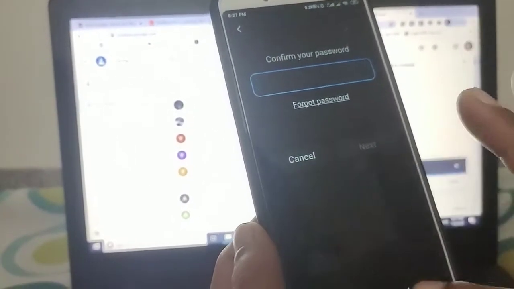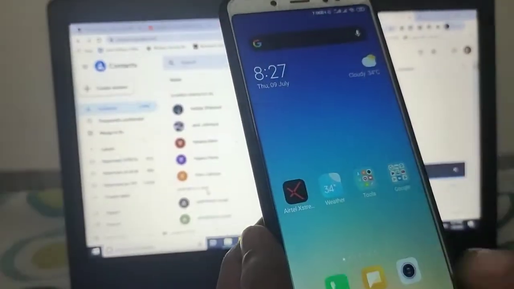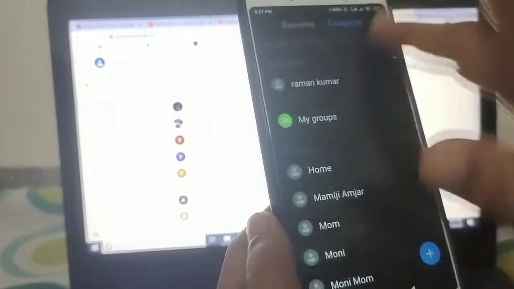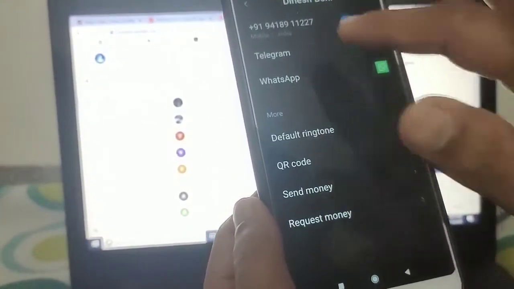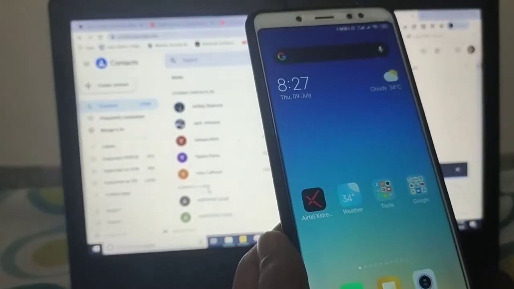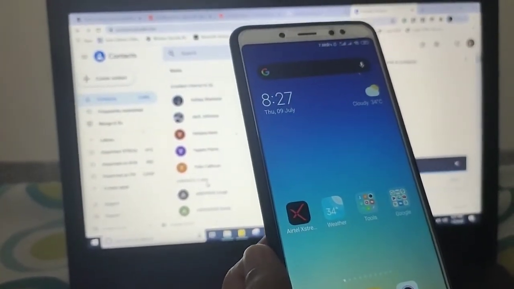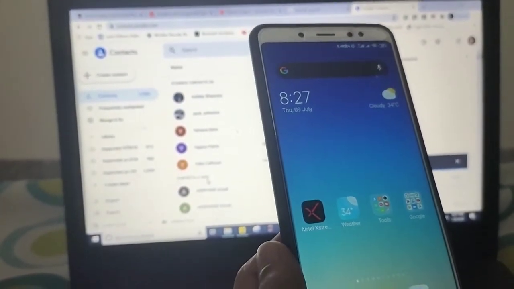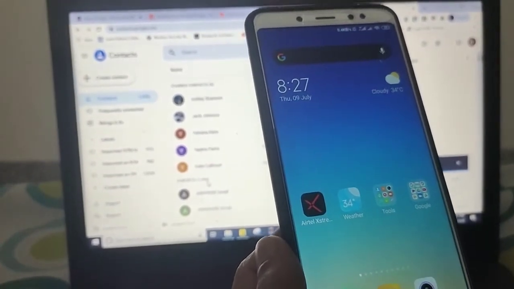After you log in, you can see your contacts on your phone. So this is all about how to import contacts to an Android phone and to your iOS phone.